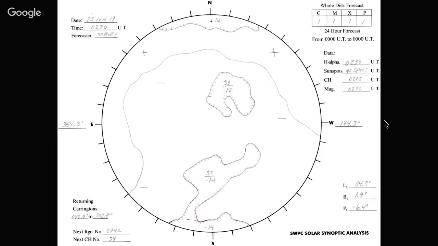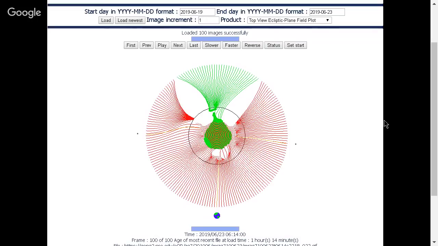Here's a synoptic map showing the 2 coronal holes, and I think this one is failing to show part of that North Pole coronal hole. We're going to look closer at that at 94 angstroms at the end of the video, so stay tuned for that. Here's the GONG 2 stuff,